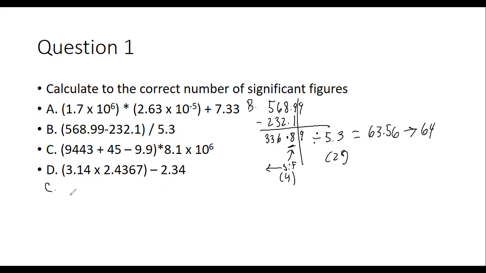C. 9443 plus 45 minus 9.9. Do the same thing, draw my line after the decimal. My number will have 0 things after the decimal, because both 9443 and 45 have nothing after the decimal. So when I do this addition and subtraction, I get